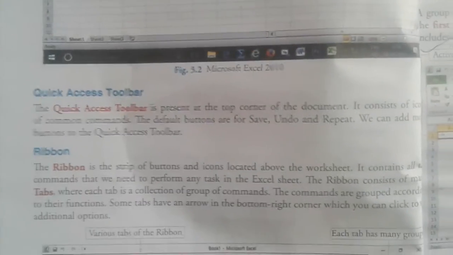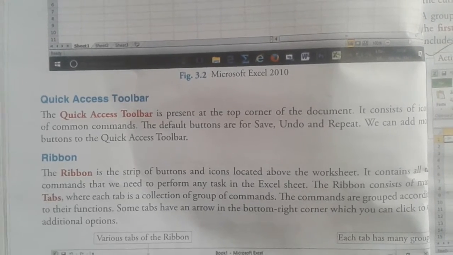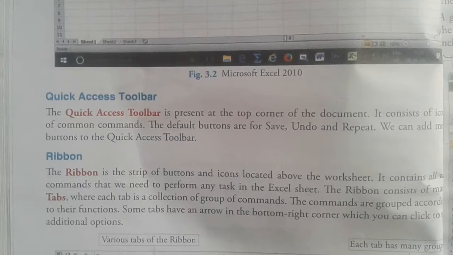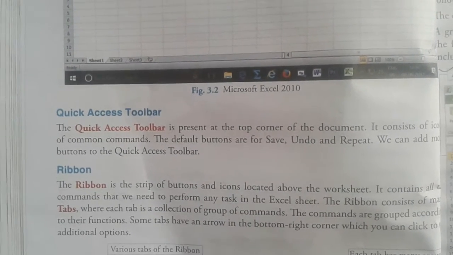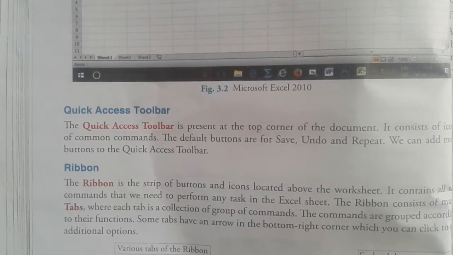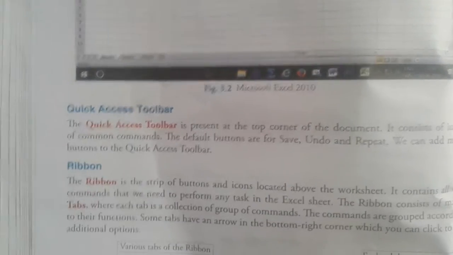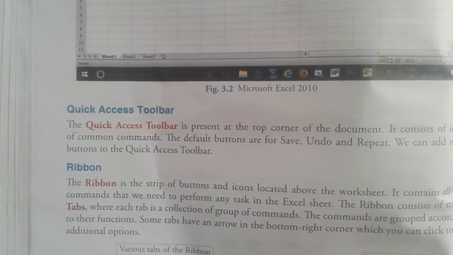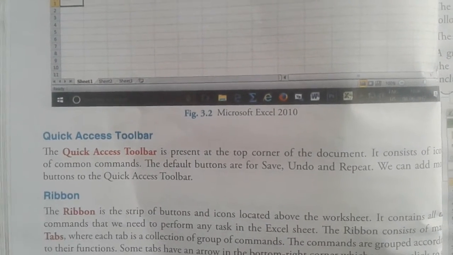The quick access toolbar is present at the top of the document. It consists of icons of common commands. The default buttons are for save, undo and repeat. We can add more buttons to the quick access toolbar.